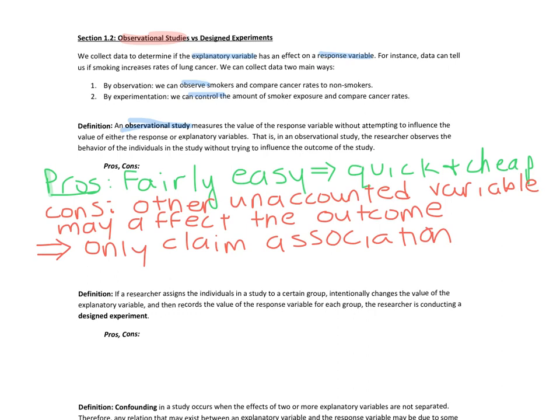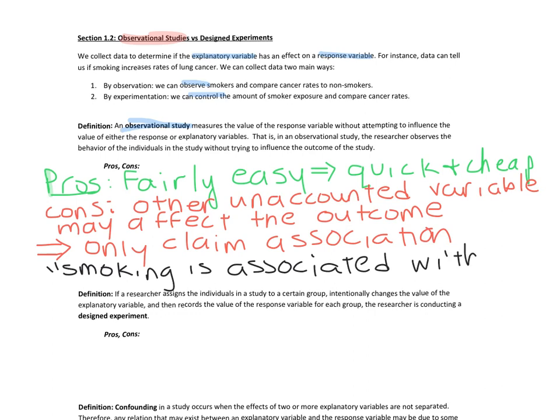So our conclusion would say something like smoking is associated with lung cancer. Or maybe we would say with higher cancer rates, something like that. Okay, so that's a pretty big con. So let's come on over to